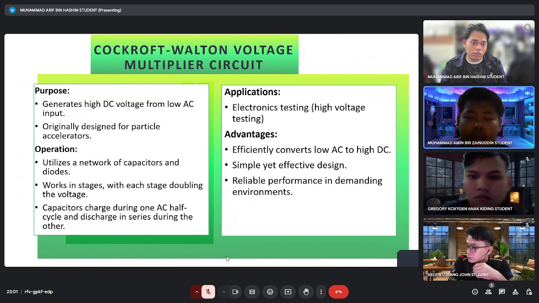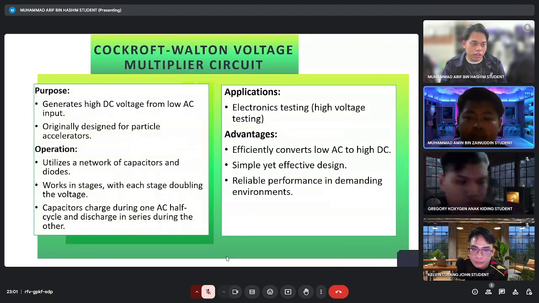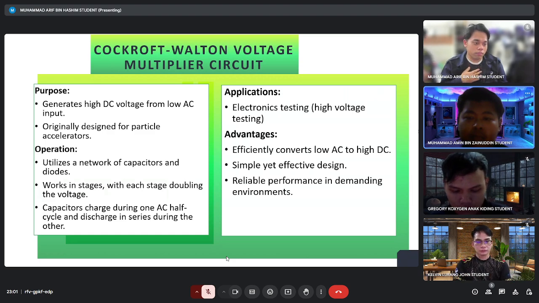Okay, for this assignment, the circuit that we use is the Cockcroft-Walton voltage multiplier circuit. The purpose of this circuit is to generate high voltage DC from low voltage AC input, and this is designed for particle accelerator. The operation of this circuit is to utilize a network of